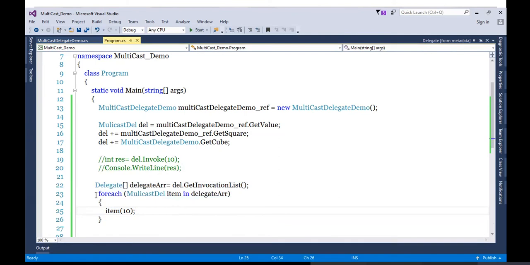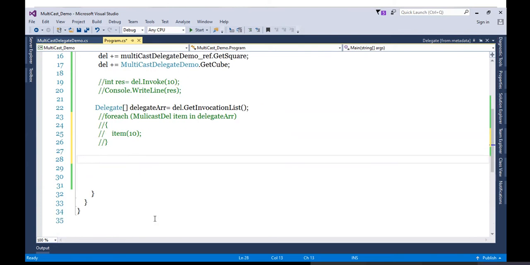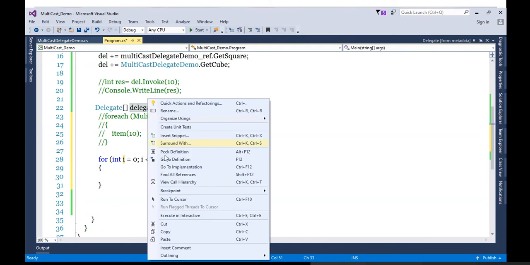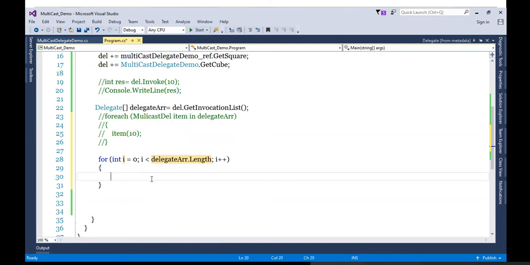Now there will be one more problem that comes here. Watch out for the problem. Let me create the problem. See, if I want to display this using a for loop, how will it be? For int i equals 0, i less than delegateARR.Length. And now try to call the method using this. delegateARR of i, and in bracket I will be writing 10.